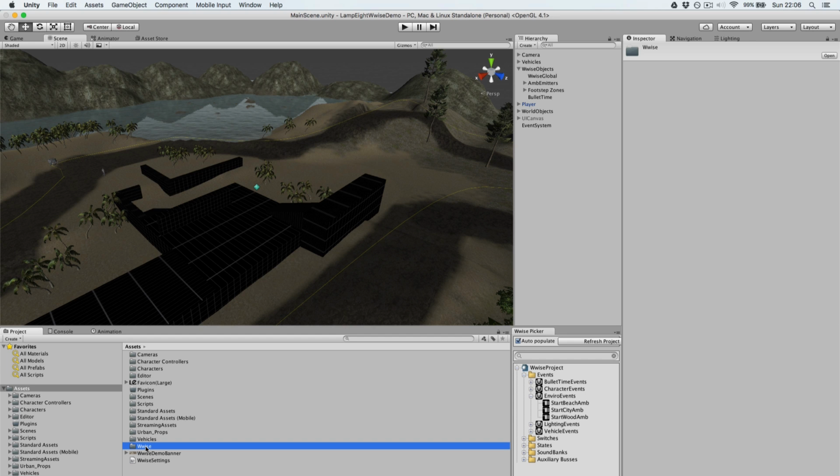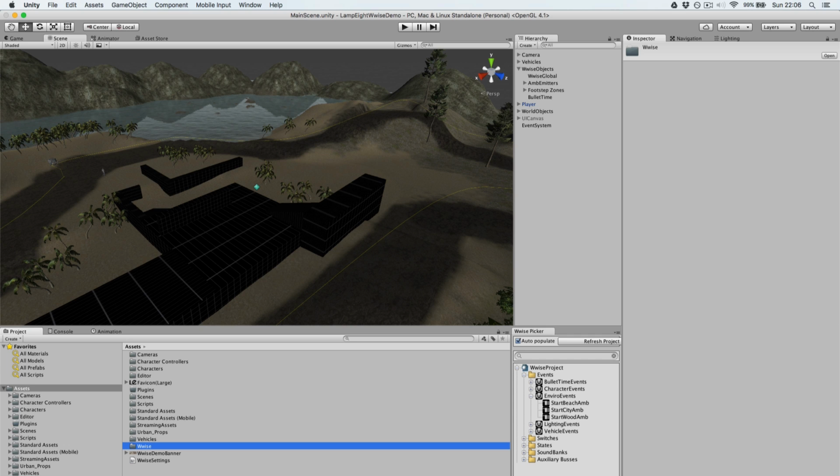So as I say, what you need to do is just make sure that you move those standard assets outside of the standard assets folder and into the root level, and you may need to make a couple of changes within the script to do that. I made a couple myself, but I'll put a link in the description of the video that goes into a bit more detail. But ultimately, you just have to be aware that there's a compilation order for scripts within Unity, and standard assets is pretty much always the first one